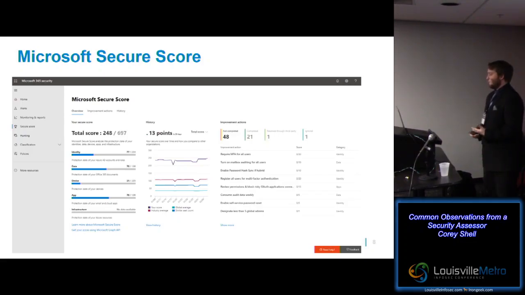So to give you an example, require an MFA for all your users. That would improve your score by 30 points. That would also greatly reduce your risk of mailbox compromise. Enabling auditing, that would be another 15 points. And you can see here, it also gives you